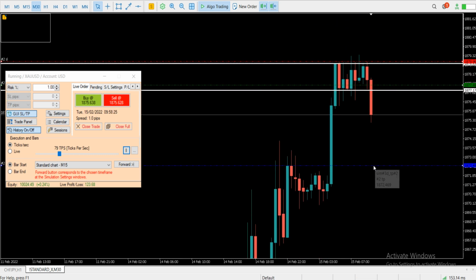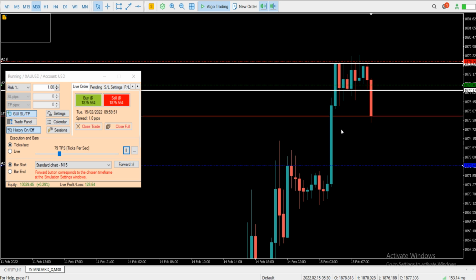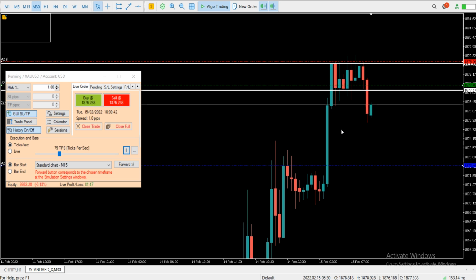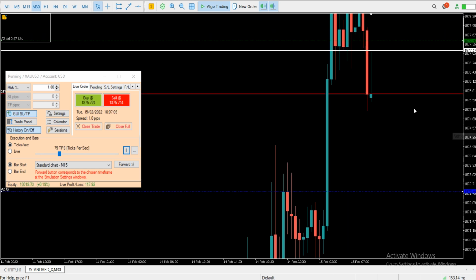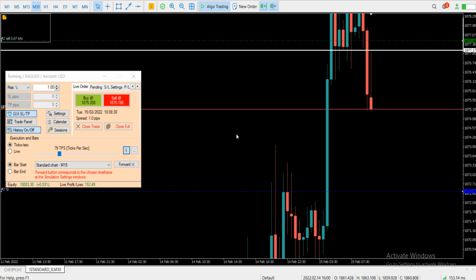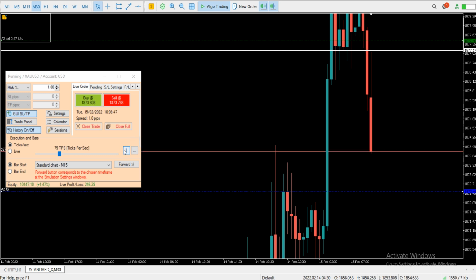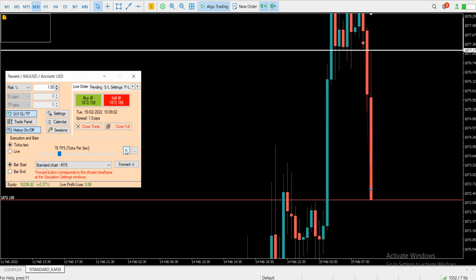Price can tap maybe this level and then go up. So I'll stick to my plan. I'm not going to manage any risk because I have to recover this loss, so that's why. If it goes up, then maybe I'll manage my risk. If not, I'm just going to stick to this trade. Maybe we went up just to create a top wick before moving down, and yes, we tapped the target. Wow,